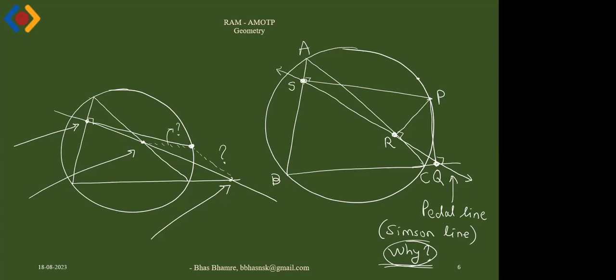When P is a special point, so what we say is, for triangle ABC, if P belongs to the circumcircle of triangle ABC, then, or we can say that